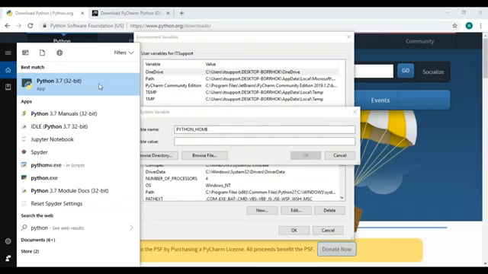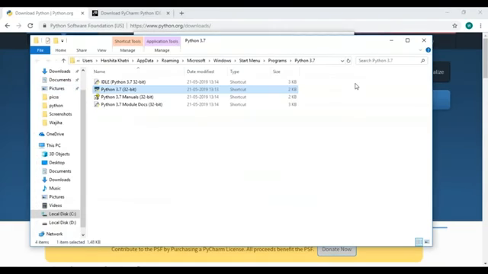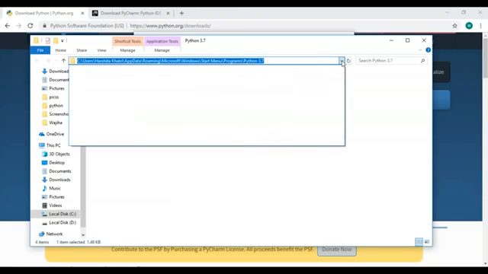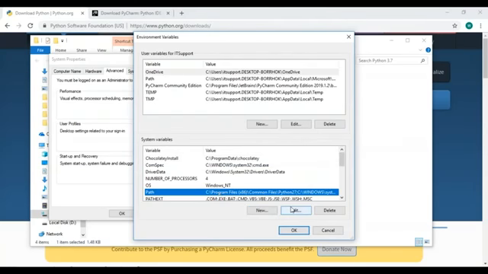To find where Python has been installed on your PC, just search for Python, right-click on it and use Open File Location. As you can see over here, it shows me where I've installed Python. Now I'll copy this location and paste it as the value of this variable and use OK. After doing that, look for the path variable present in the system variables and select Edit.